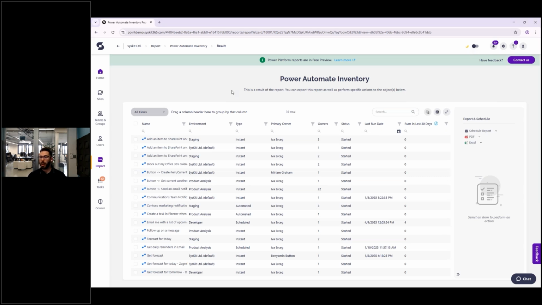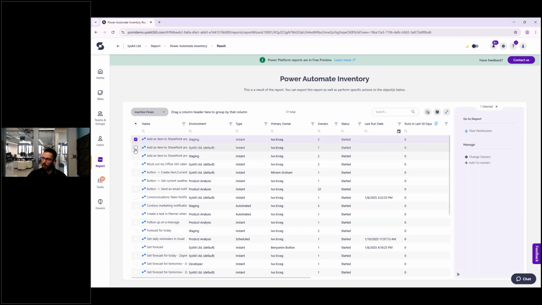And like with the Power Apps inventory, we can see a list of all of the flows that are available, once again, with all of the information that we may need. Some of them are enabled by default, some of them are not, but you can see that this is everything that you need to figure out whether this flow needs to exist, or what needs to be done with it. In this case, we can filter out inactive flows right here, and it's going to show us all of the flows that haven't been active in the past 30 days.